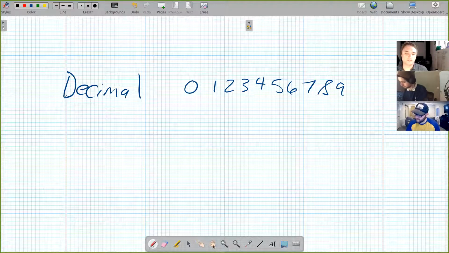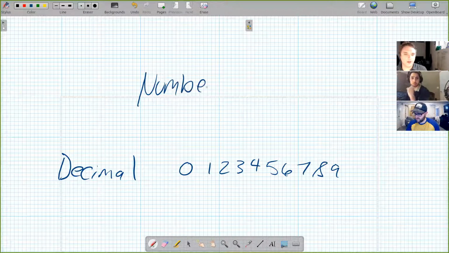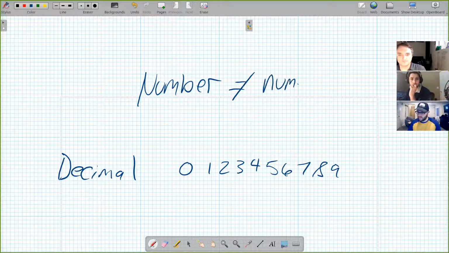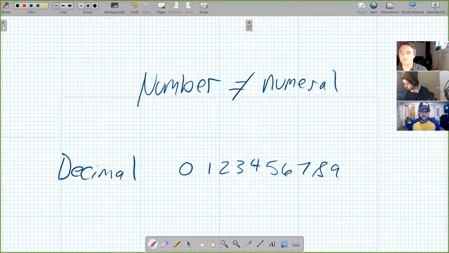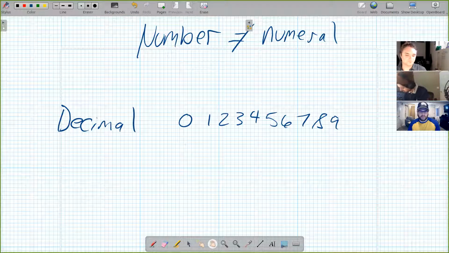But it's really important to separate a number from a numeral. 4 is a numeral. It's not a number. We can use it to represent a number, but we can represent the same number all kinds of different ways. And it doesn't change what the number is, only how we're choosing to represent it right now. So decimal is one way we can do that. Another common one we run into is